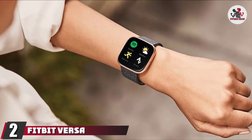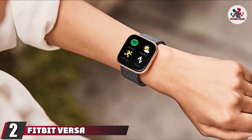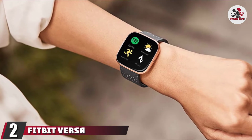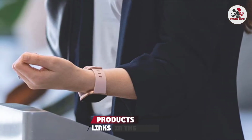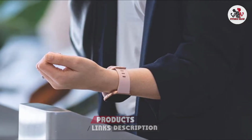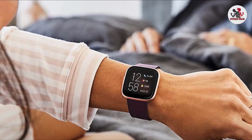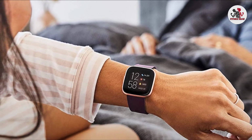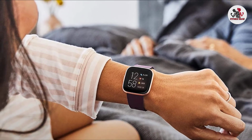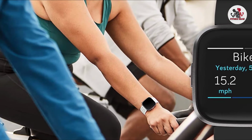Moving on to the next at number 2 with Fitbit Versa 2 Health and Fitness Smartwatch. One of the best and cheapest activity trackers that would be suitable for cycling is the Versa 2. Heart rate monitoring data seems pretty accurate, allowing you to adapt your pace and intensity as needed. Many people also like the Fitbit app, as you could set different daily goals for all your activities and track